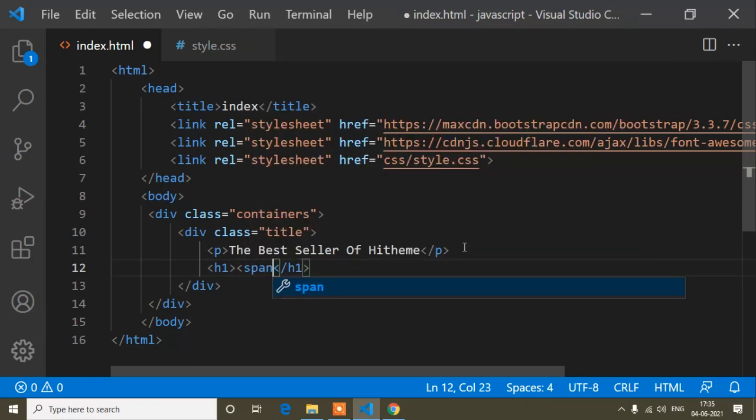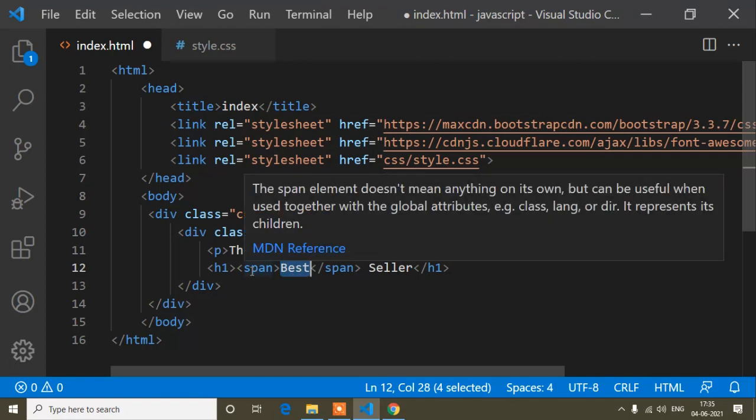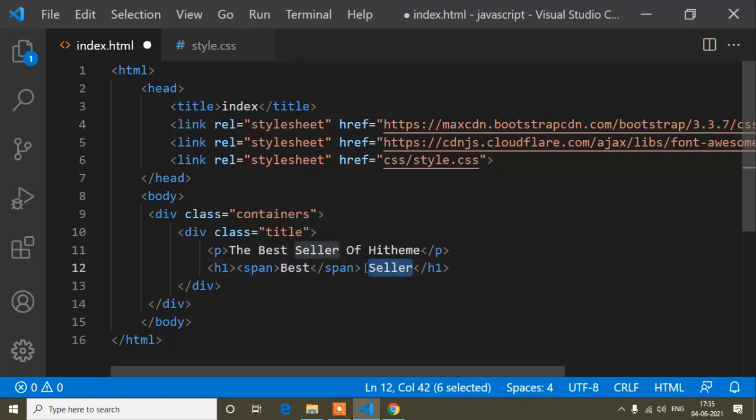First of all I will add the span tag inside this H1 tag. Why I will add the span tag, I will explain. Inside this span tag I will write best, and outside this span tag I will write seller, because guys, on this span tag I will add a different color, and that will affect the best content, I mean this word. So this word I will add a different color, so that's why I have added the span tag. And seller I have outside this span tag, because I don't need to add the CSS that I will add to best. So that's why I have added it separately using a span tag.